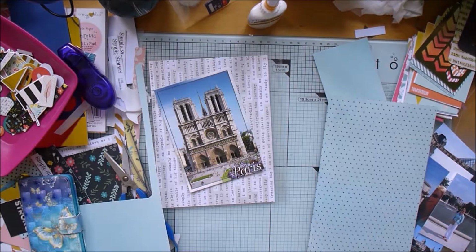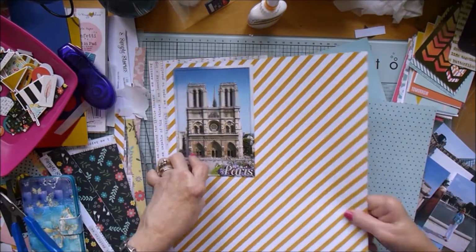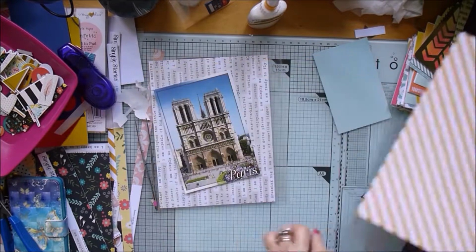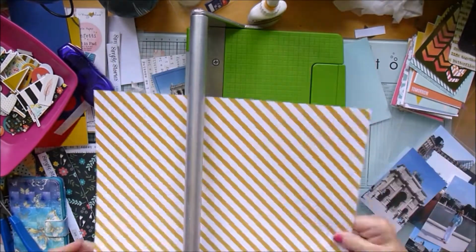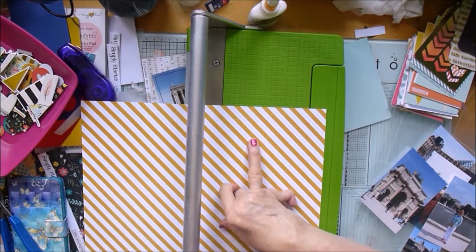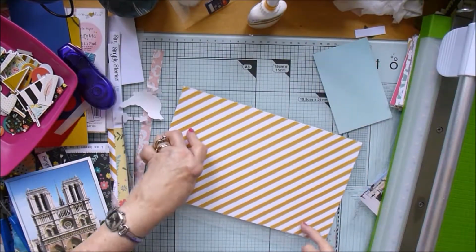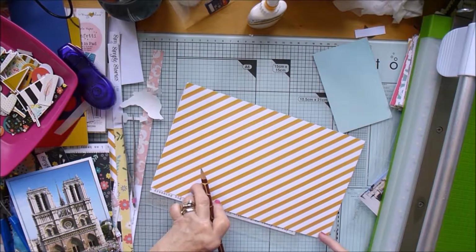And then on the other side, I've picked out one of these postcards. I had a few postcards, and this is another one of the Notre Dame. I only use postcards of places that we actually saw, and we didn't actually see everything that I'd bought postcards for, so I didn't use them. So this is quite a nice one of Notre Dame,